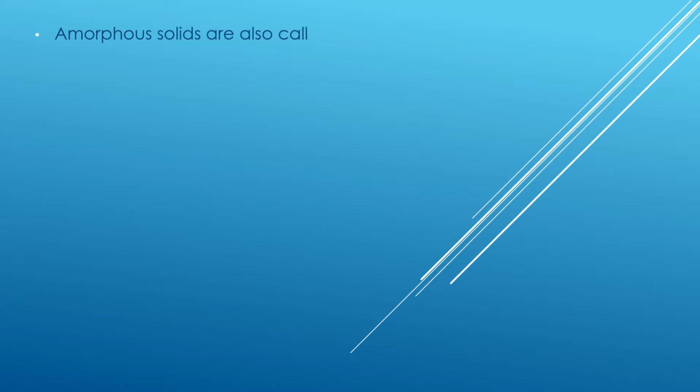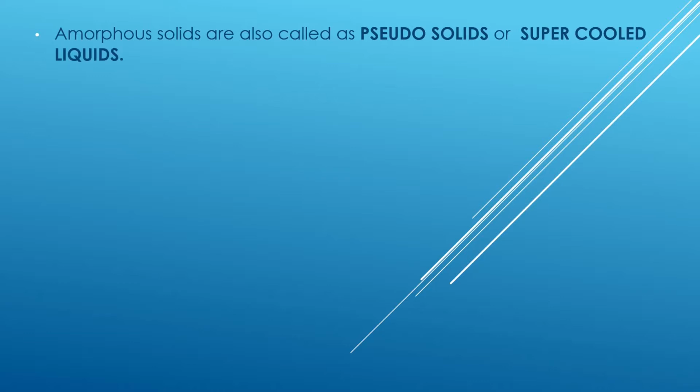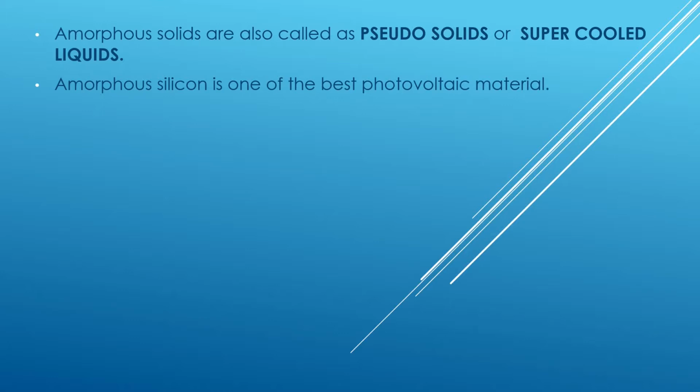Amorphous solids are also called pseudosolids or supercooled liquids. Guys, please make a note of it, because this can be a tricky question where you might lose this point, but it's really important. They are called this because they have a tendency to flow. This is because they have no definite value of enthalpy of fusion. You have to make a note of it, because they may ask you to give a reason or a fill in the blank, and it is also sometimes mentioned in CET.